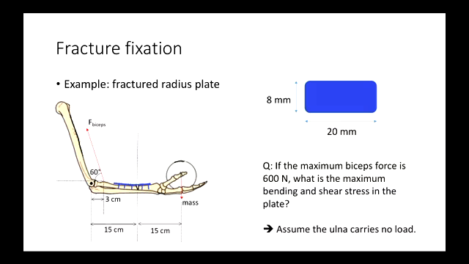So that's where the stress is going to be the largest on that plate. So what we do is calculate, if we call this the fracture line or something, the maximum bending moment on that